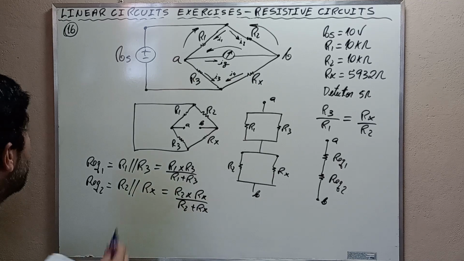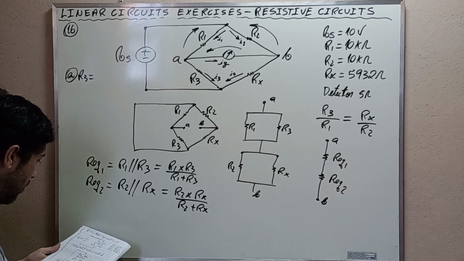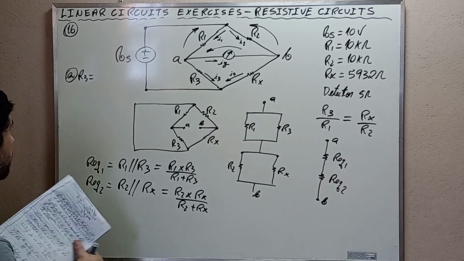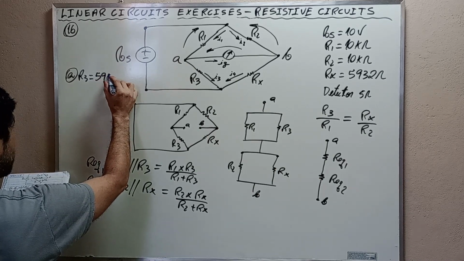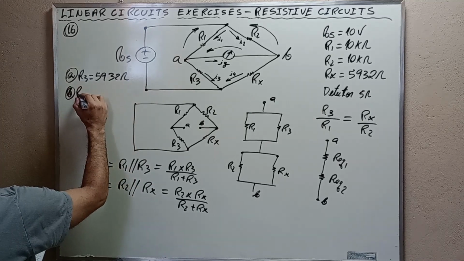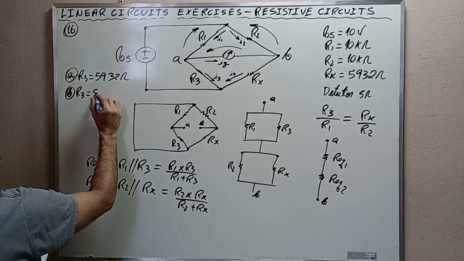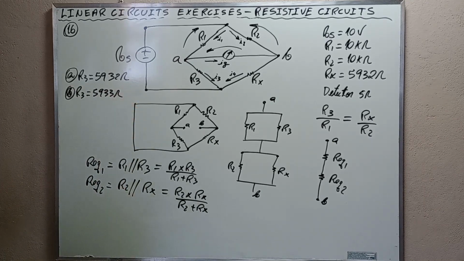In part A, we found that R3 was equal to 5,932 ohms. And in letter B, we're going to use that R3 is 5,933 ohms. This is the condition that the exercise imposed. Suppose that R3 is 1 ohm higher than the value found in part A. Yes, it has to be